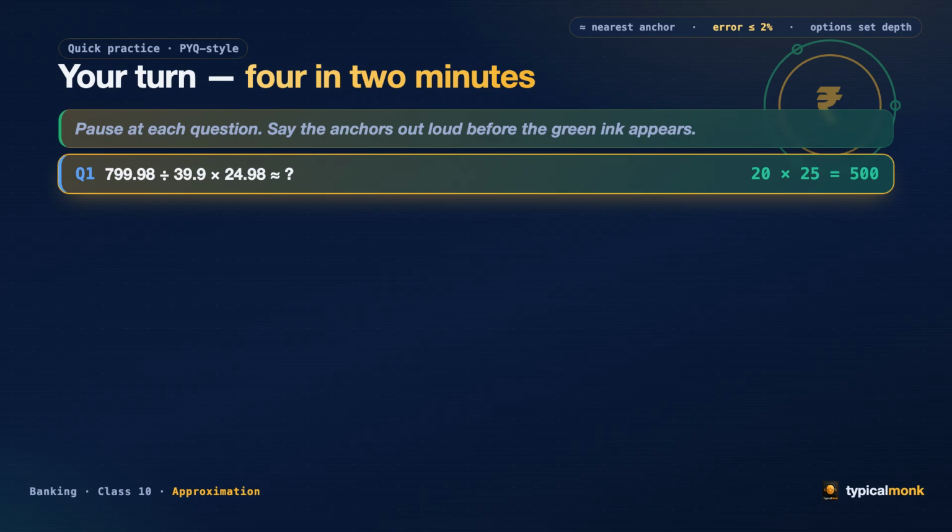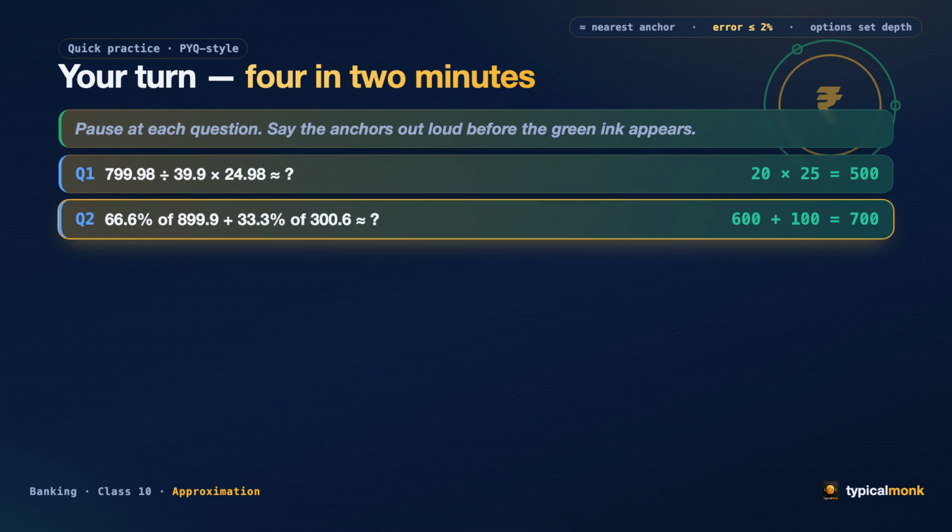799.98 divided by 39.9 into 24.98 approximately. The anchors, 800, 40, 25. 800 divided by 40, 20. 20 into 25, 500. Question 2,